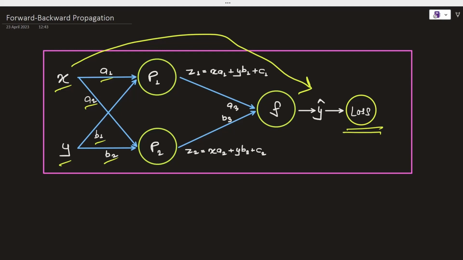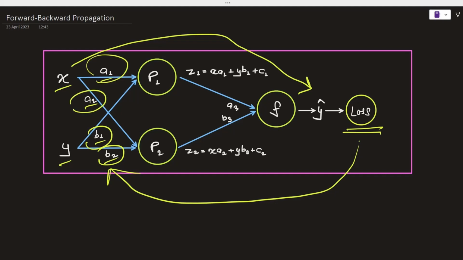Backward propagation is a reverse journey in order to reduce this loss by adjusting the values of these coefficients. This entire process is called the training of a model, or training of these parameters. So in case you are asked in your interview what you understand by the training of a model, as a simple explanation you can say that training of a model means adjusting the values of these weights in such a way that we achieve the minimum loss,